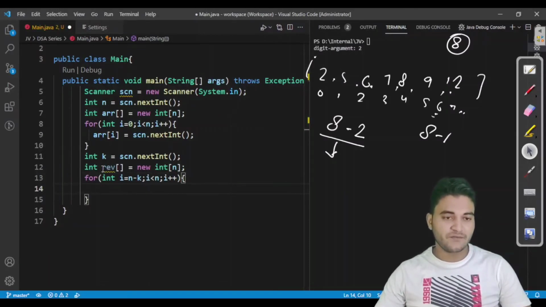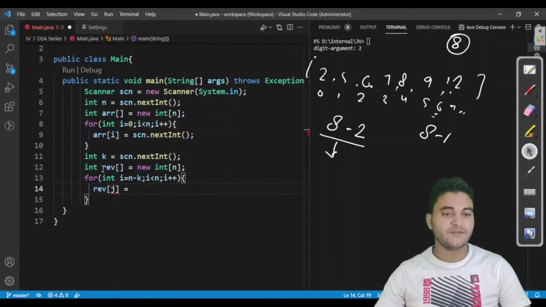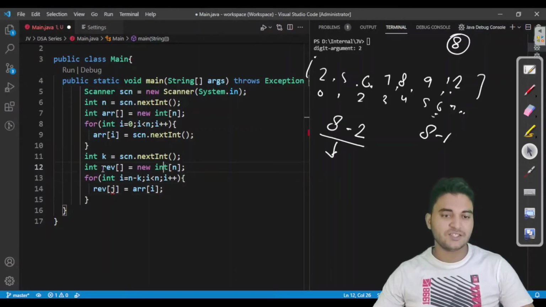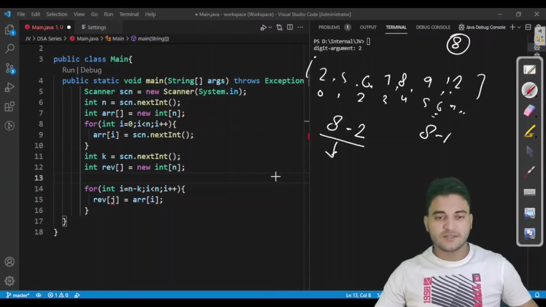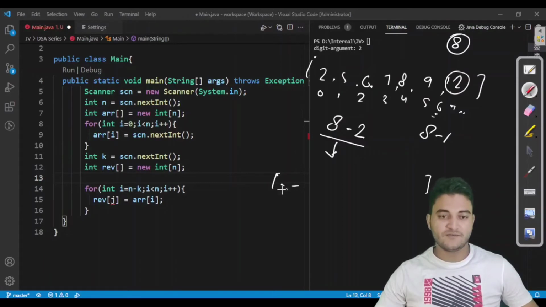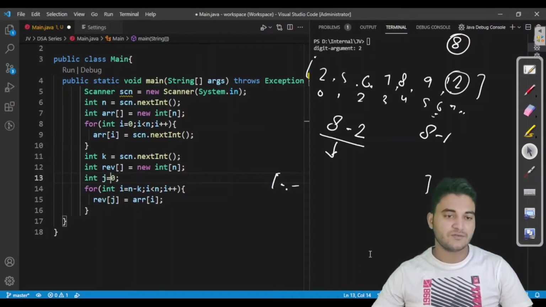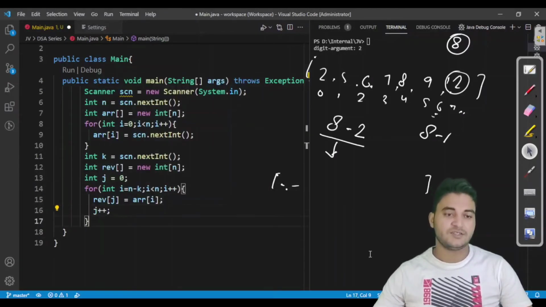So with that we will be taking the remaining values inside our reverse, so arr of I. We have to start j from the initial position, because this is the reverse array, and these two values we have to fill at these indexes. So let us start another variable called j is equal to 0, and we would like to increase this j in each iteration, fine.